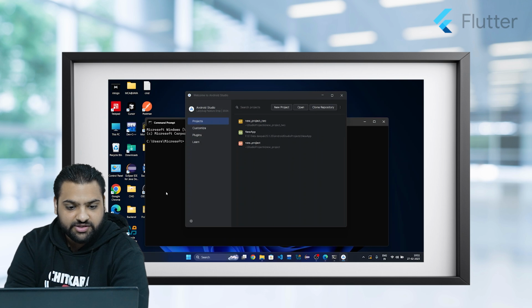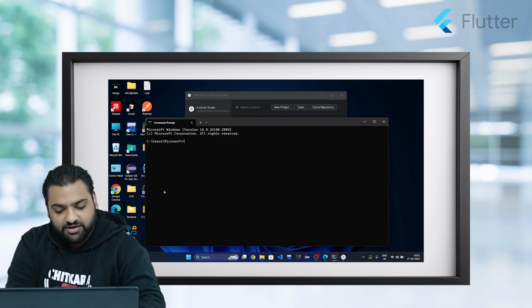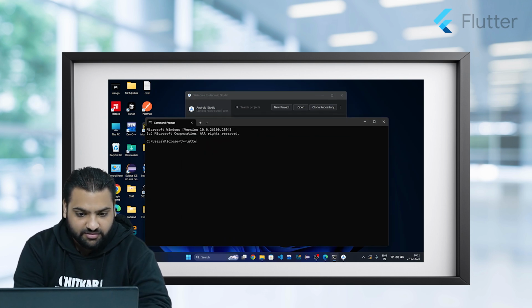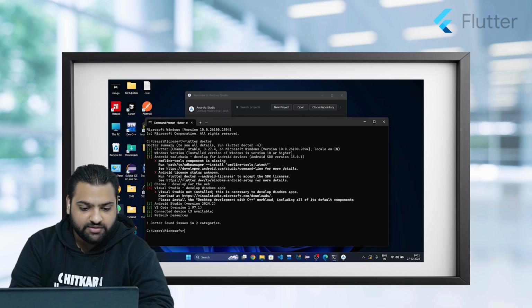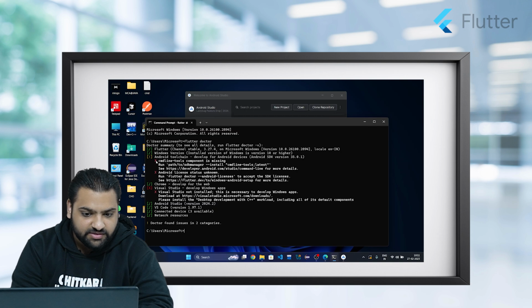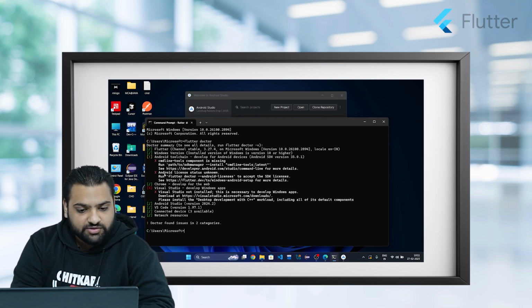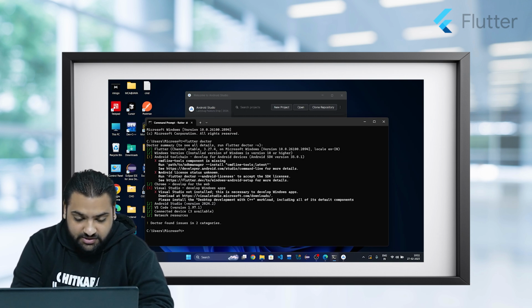Okay guys, as you can see that our Android SDK has finished installing. So we will click on the finish button and firstly we will run the flutter doctor command to see what it is showing right now. And this command has run successfully and we can see these two errors in Android toolchain. So to fix, we will fix this second error. We will run this command, copy paste it from here,